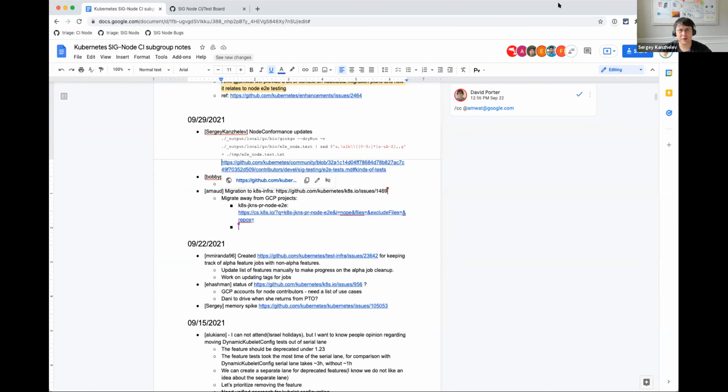I mean, we can keep feature as a meaning at a feature gate. The problem is that we use feature for two scenarios. First scenario is to indicate alpha and special meaning, and it may be forever special meaning. It may be forever a special environment. And the second thing is, I think you need better ways of communicating these things.